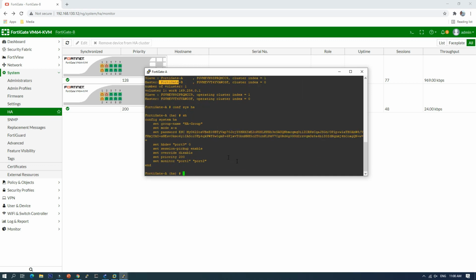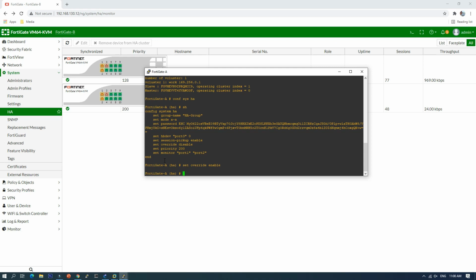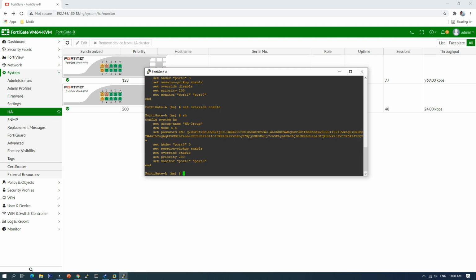So here the override, you need to enable that option. So set override enable. Okay, so now it's enabled.